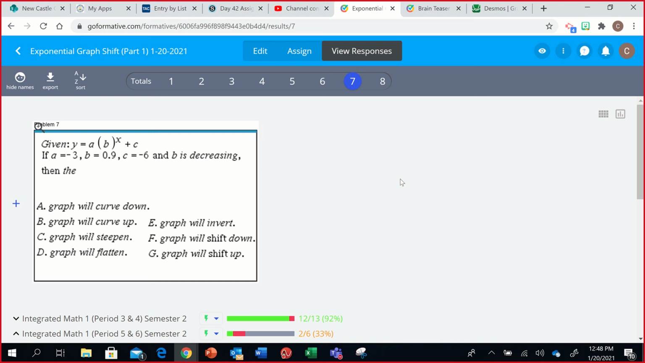All right, so this is problem number 7 in exponential graph shift, and we're discovering the b value. This is a scenario where b is less than 1. B has to be greater than 0. B can never be 0. If b is 0, you don't have an exponential. B can be greater than 0, b cannot be negative,